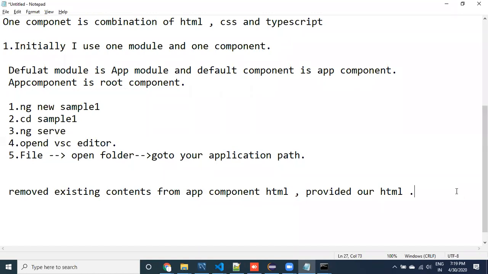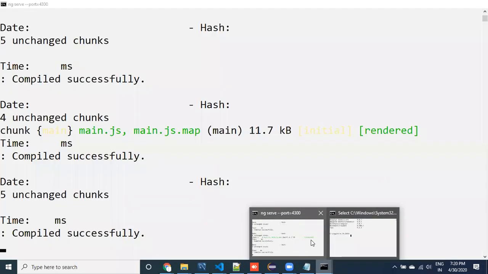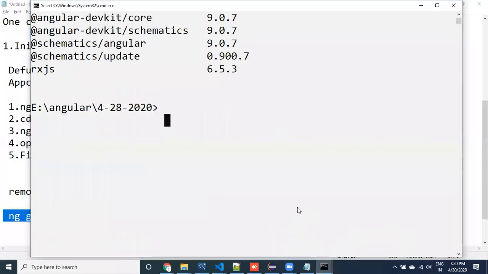Now after that, the next step we are doing is creating a new component. To create the new component, you can issue a command like ng generate. What do I want to generate? Component. What is the component name? Sample component. Let's look at it. I'm going to use this command to generate. Where do I have to use this command? Same place. Go to the server, wherever we have opened it, right? Go to the server.